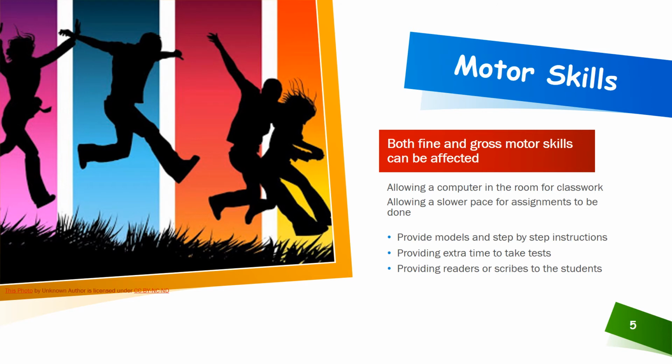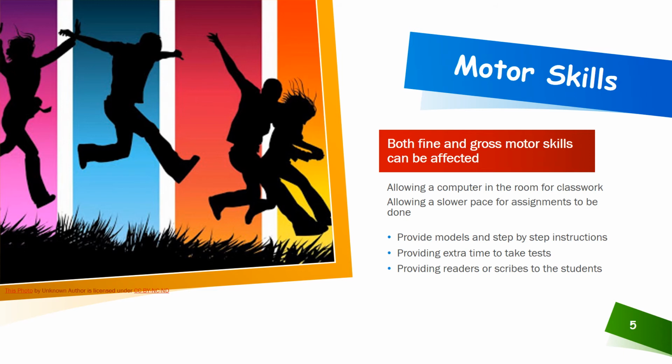Motor planning and the awareness of the placement of their body in the space can affect the ways in which an individual moves their body and is able to navigate themselves to accomplish all motor tasks. So some possible accommodations for these students on the autism spectrum with motor skills difficulties include allowing a computer for in-class work, tests, and assignments, providing a note taker, allowing work assignments to be done at a slower